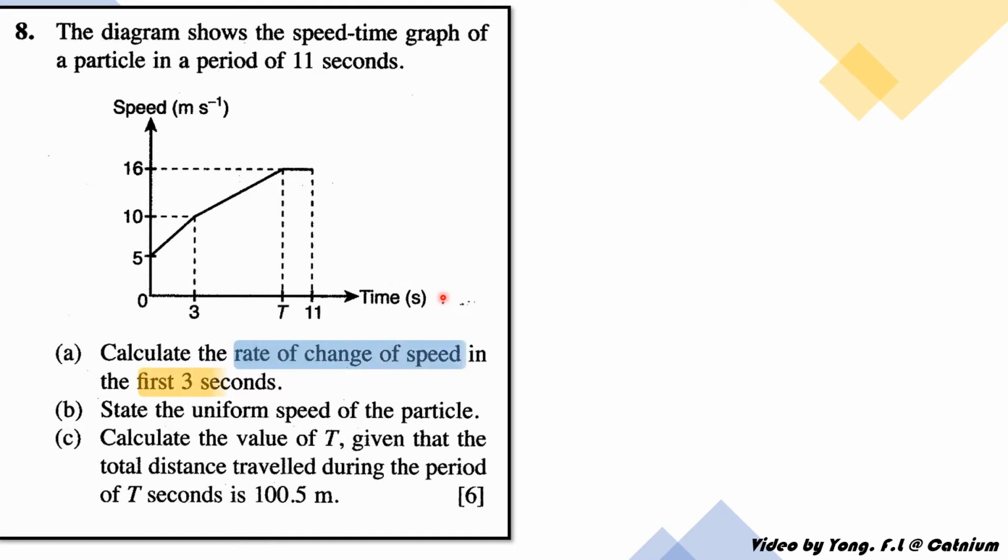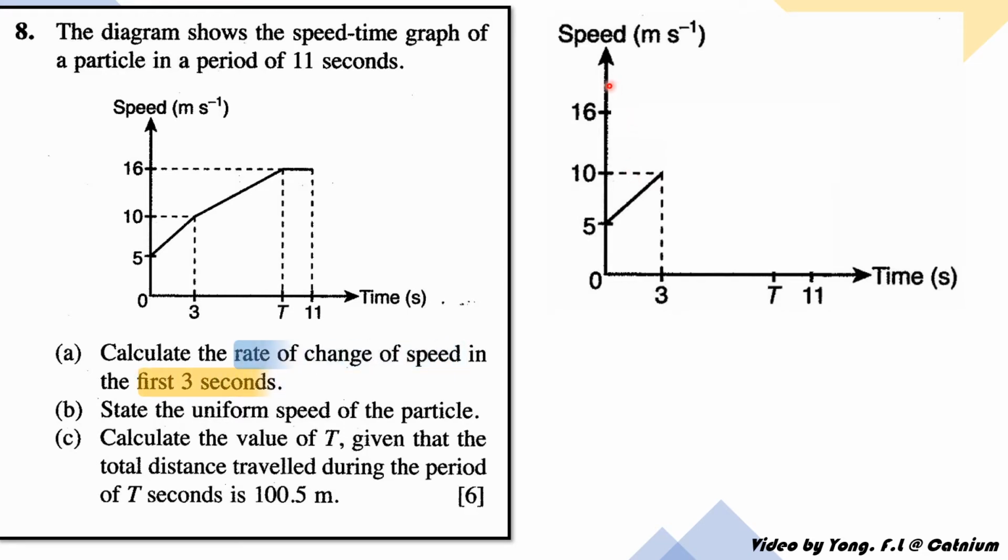So the question is asking us to find the rate of change of speed for the first 3 seconds. I have highlighted it over here. Okay, so this is a graph. Because they are looking only for the first 3 seconds, it's from 0 to